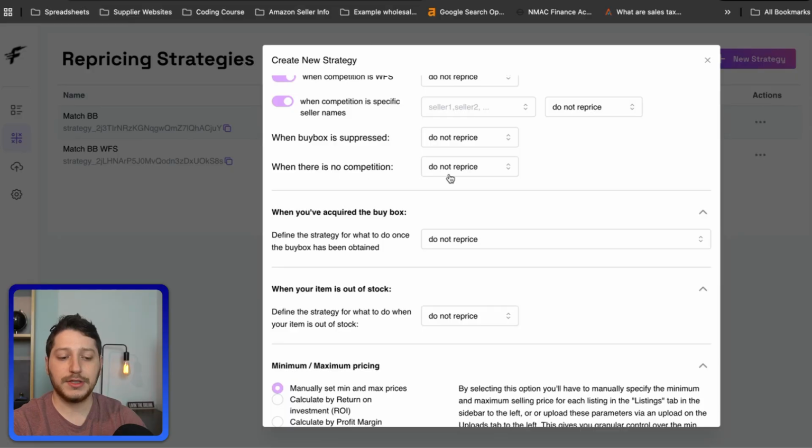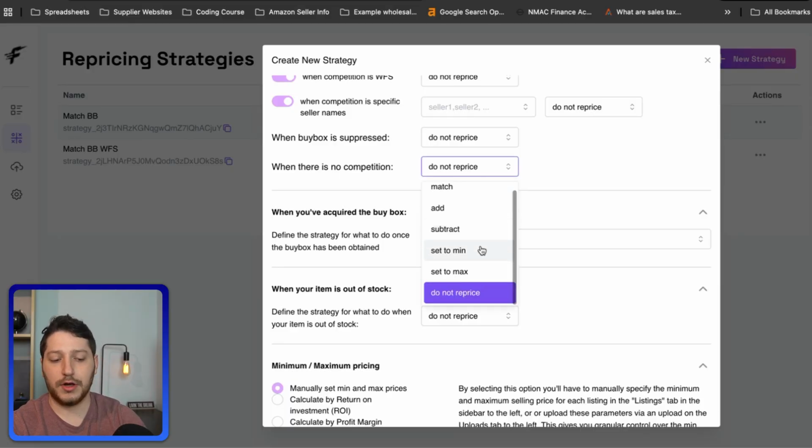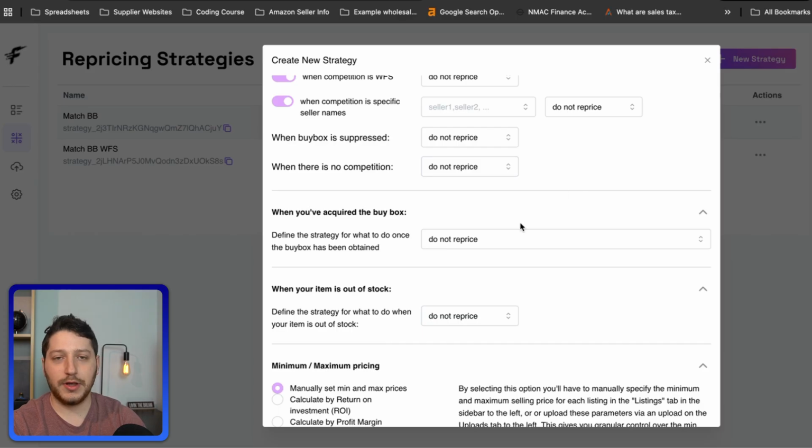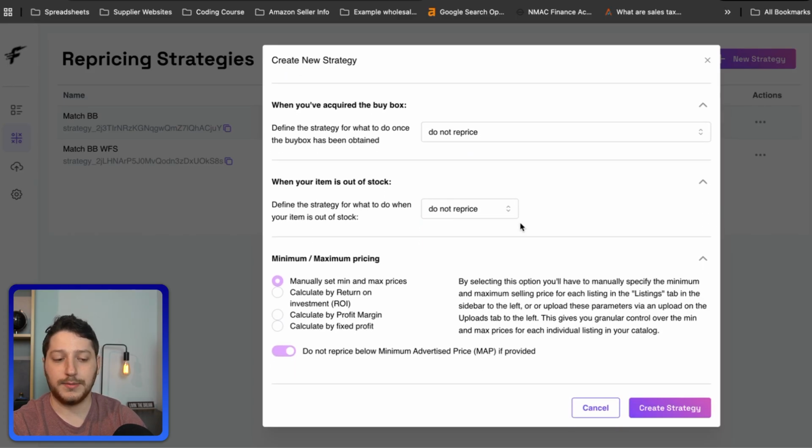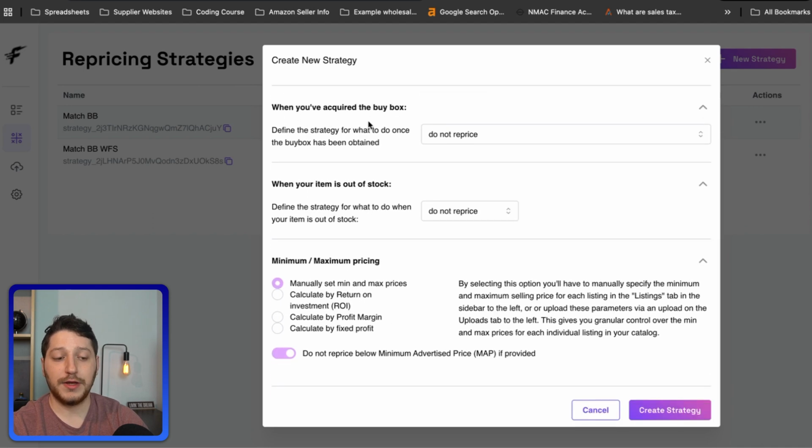Next, I have when there is no competition. So when you're the only seller on the listing, you can also choose to set to max, or you can choose to match a certain price, or you can choose to not reprice. So it's all at your discretion, and you can choose to do it based on your unique item situation. On the next strategy, for when you've actually acquired the buy box, you can choose to not reprice,